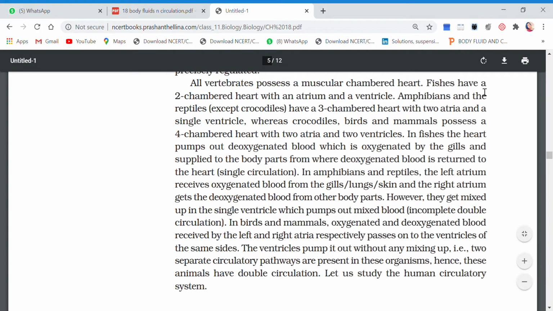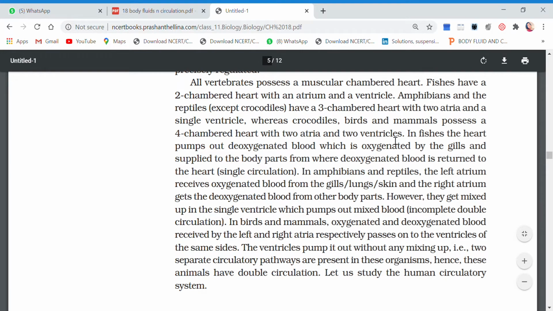This is important: fishes have a two chambered heart with an atrium and a ventricle. Amphibians and reptiles have a three chambered heart. Here in reptiles, the crocodile is an exception, because though it is a reptile, it has a four chambered heart. When the heart is two chambered, it has only one atrium and one ventricle. In a three chambered heart, there are two atria or auricles and one single ventricle. Whereas in a four chambered heart, which is found in crocodiles, birds and mammals, we have two atria or auricles and